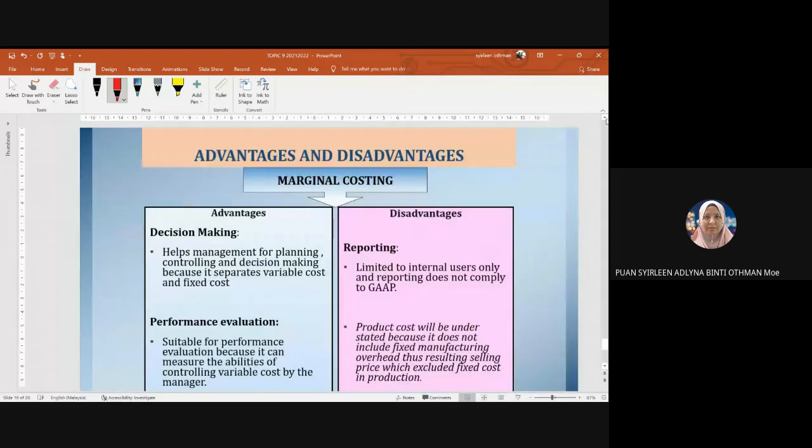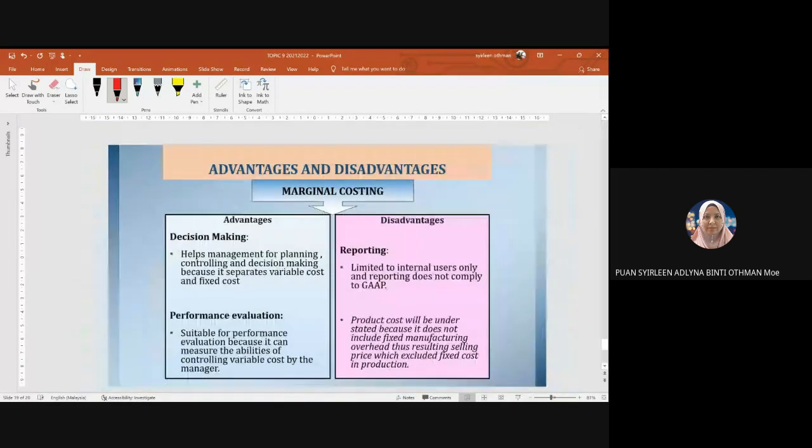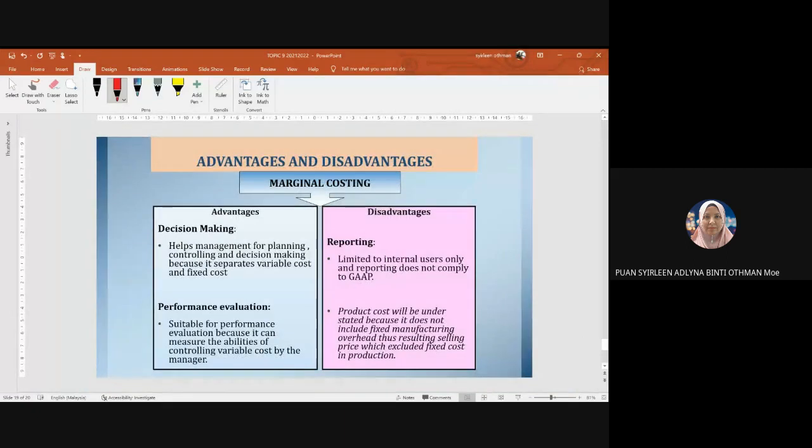Alright, okay, sekejap. Alamak, dia lari terus. Okay, so you can see the whole thing, right? Okay,